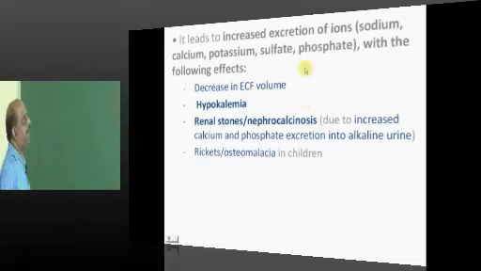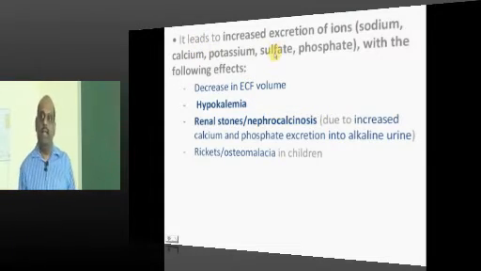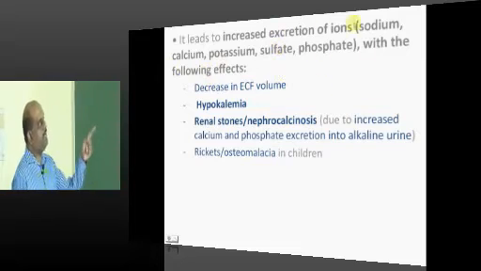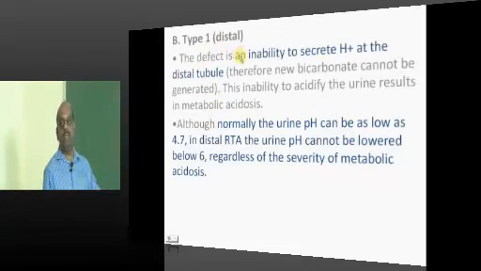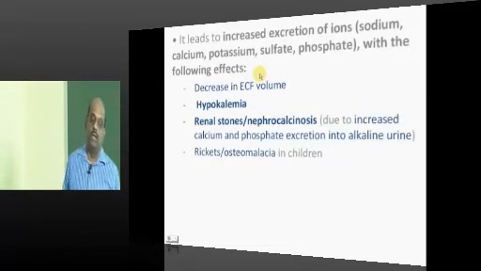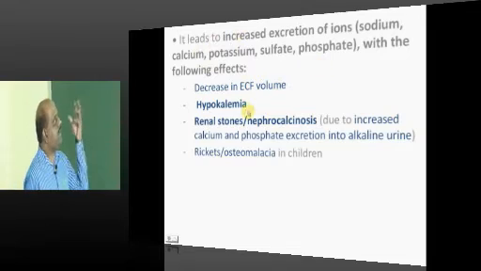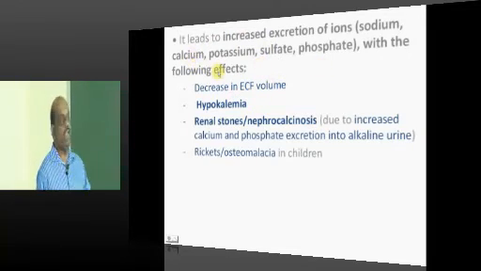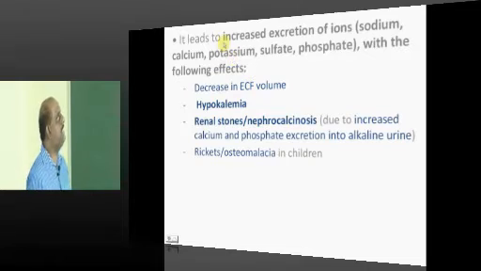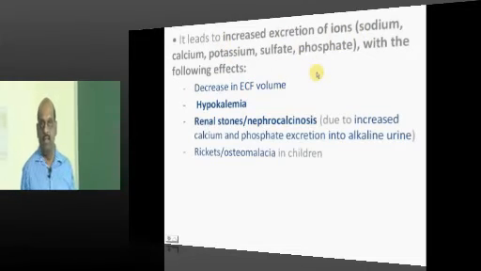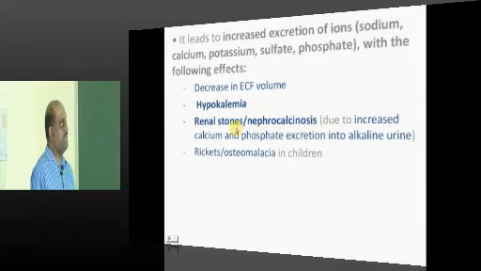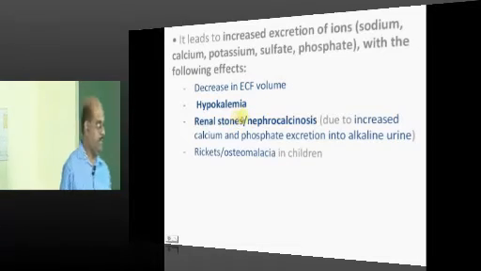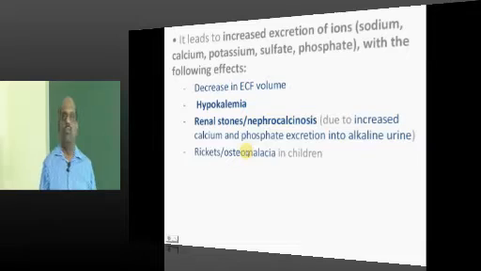Then what else will happen? There is an increase in loss of sodium, calcium, potassium, sulfate and phosphate. All these problems occur because the collecting duct and distal tubule are expected to retain sodium, potassium, phosphate, and calcium. All those functions are also lost, hence there is an increased loss of all these ions. Because of that, the person goes into hypokalemia, nephrocalcinosis, severe renal stones. Now the question comes, why do they develop